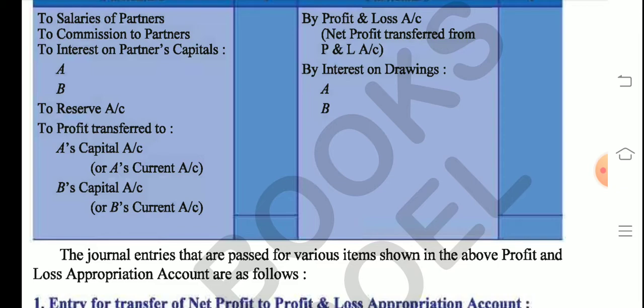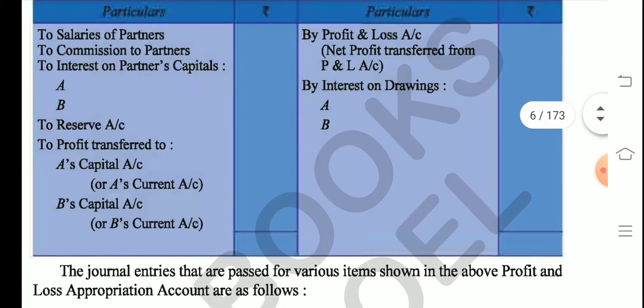So now at the end we'll balance this account. You know how the balancing is done. I had taught you in class 11. So the balancing is done, basically we balance the credit side with the debit side, and if the debit side is less than the credit side, profit is going to be written on the debit side. And suppose if the debit side is more than the credit side, it will definitely be a loss that is to be written on the credit side.